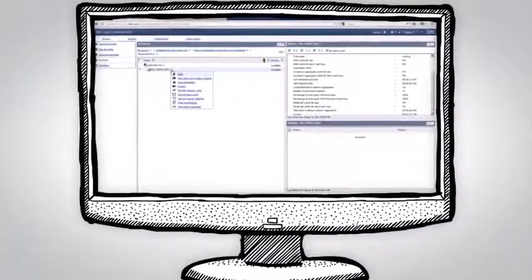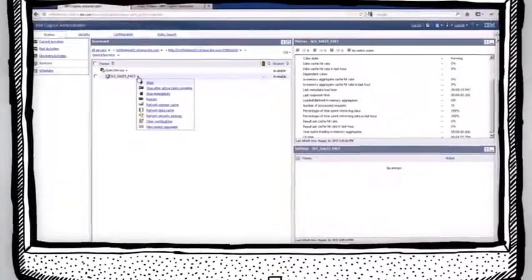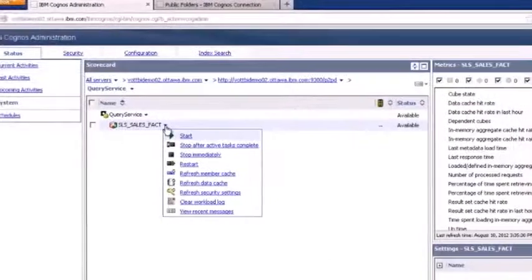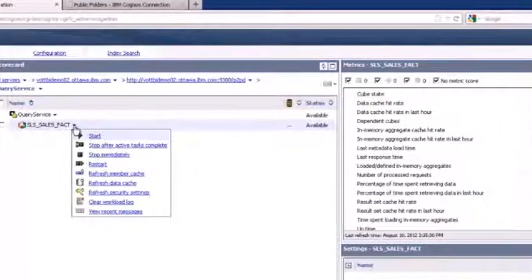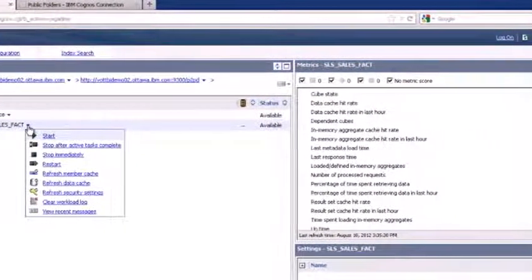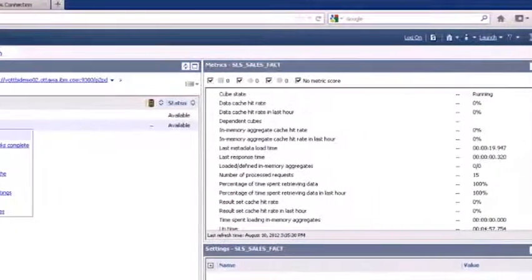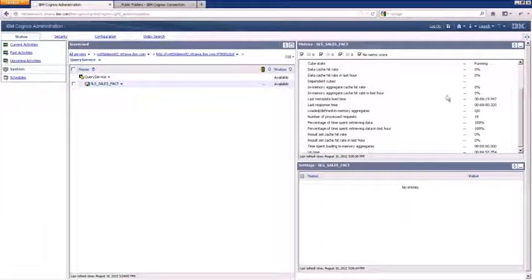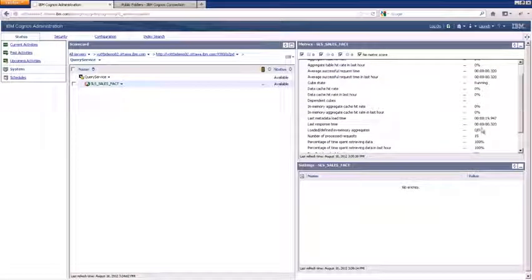This demonstration will showcase the optimization tool that analyzes both the model and the workload and provides aggregate recommendations in an easy-to-use workflow. Let's assume you have already designed and published your dynamic cubes that you sourced from your relational data warehouse. The cubes will appear in the web-based IBM Cognos Business Intelligence Administration Console, where the cube can be started or loaded into memory and where you can monitor various cube metrics. In this example, you'll notice that there are a couple of reports created against this cube, but that there are no in-memory aggregates defined yet.